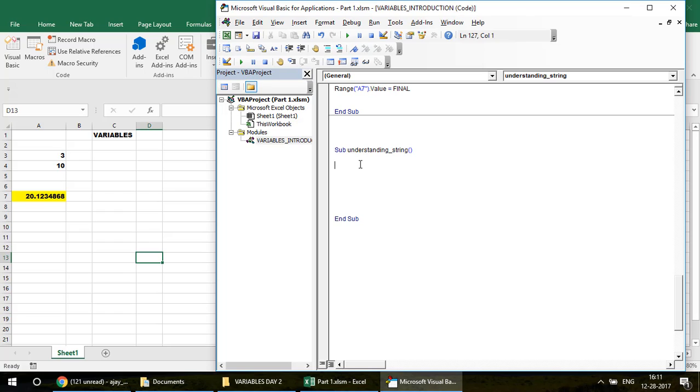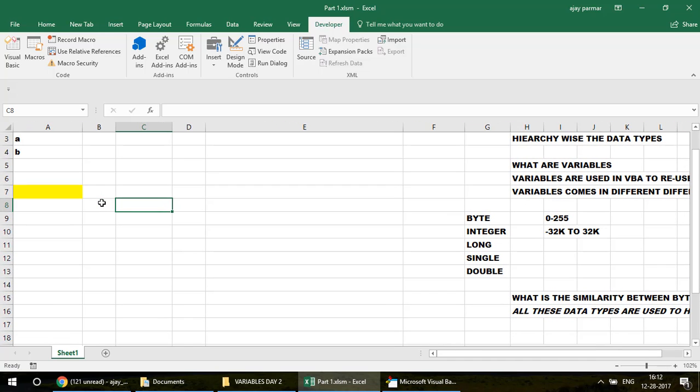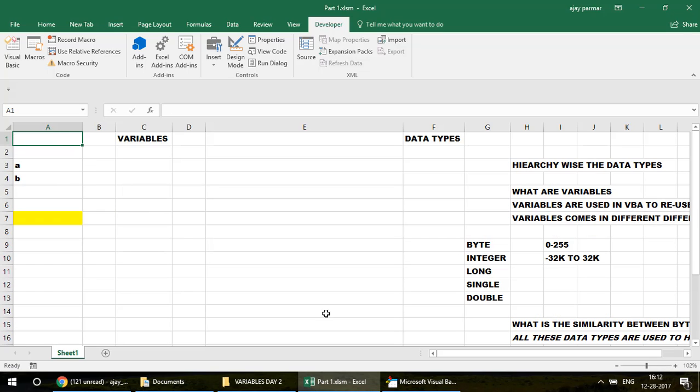So for example, let me give you a very interesting question. Let's say here we have 3 and 10, and I say that this is A and this is, let's say, B. Okay, and let's say we delete this, right? So this is right now the scenario in front of you. Now if I make the program in this way,